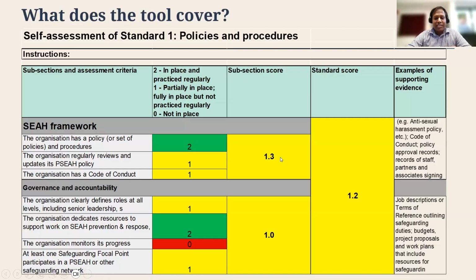Also, the evidence you see in the last column. The organization needs to gather the evidence in favor of their score. This evidence can include staff experiences, examples from programs, discussions with colleagues, and evidence of how safeguarding is working in practice.